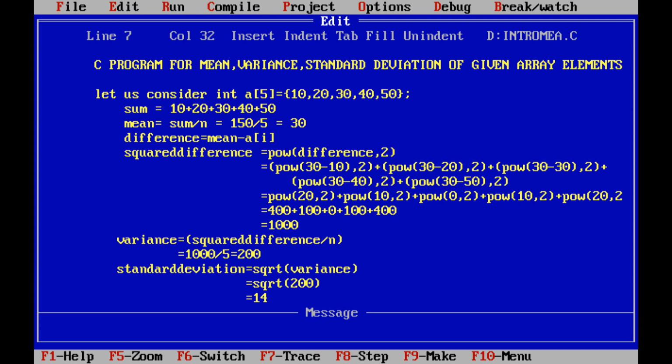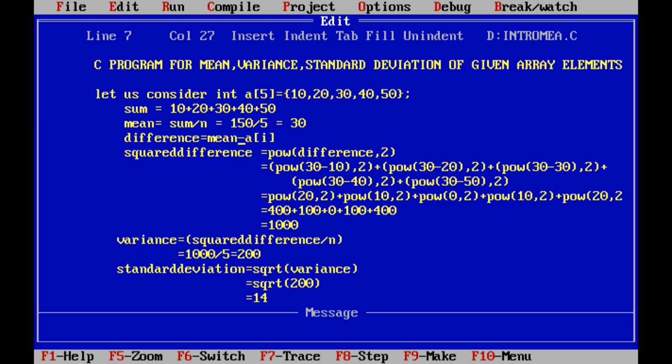Okay. Next we have to find the variance of these 5 array elements. For finding the variance, first we have to find the difference. How are we calculating the difference? Difference is equal to mean minus a[i], that means mean minus every element of the array.